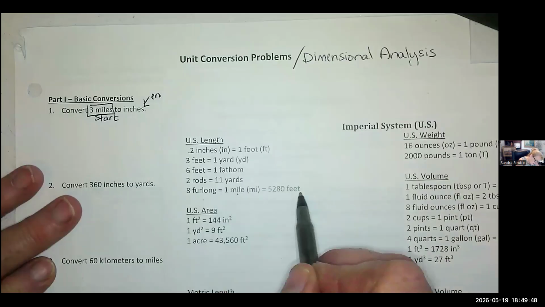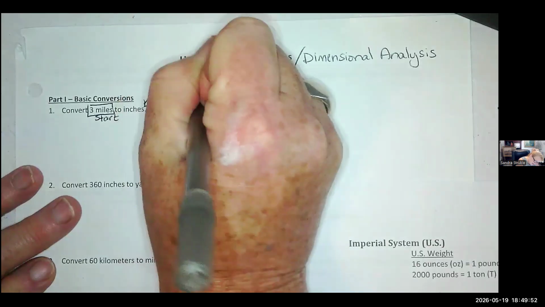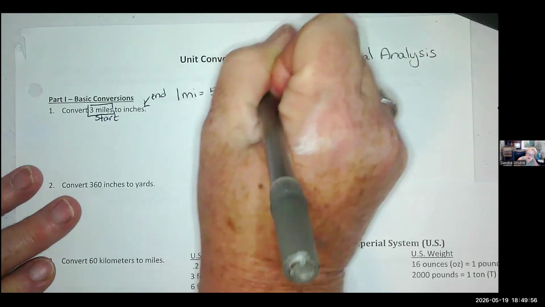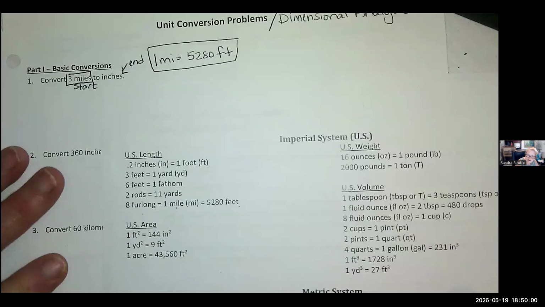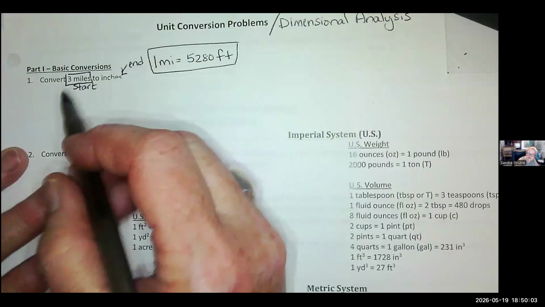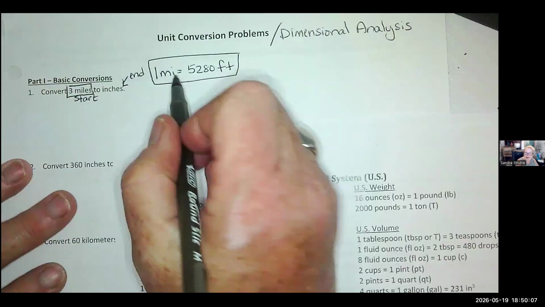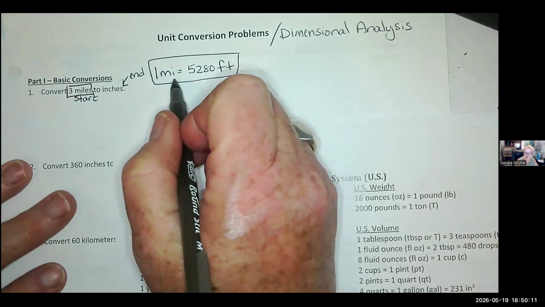So I'm going to go miles to feet, and I'm going to write it just like this, because conversions can be used in different manners. So I just want to know what the conversion is. And then how can I get to inches? Well, I can go from foot to inches. Please notice I use MI for miles. If you just use M, that means meters. Please use the appropriate